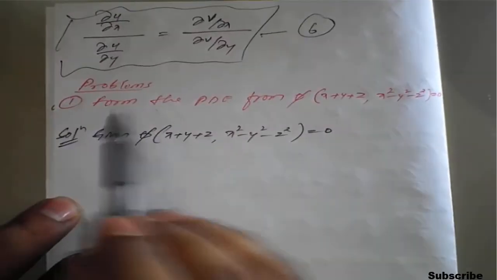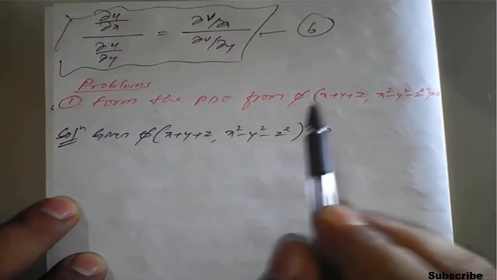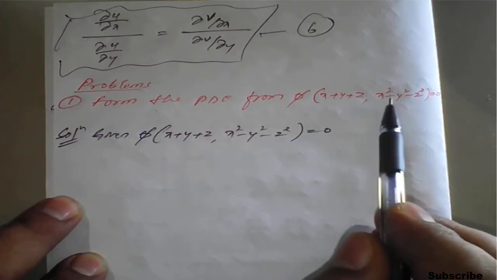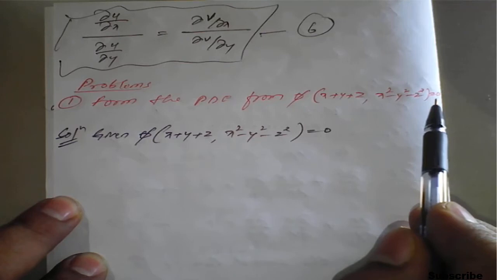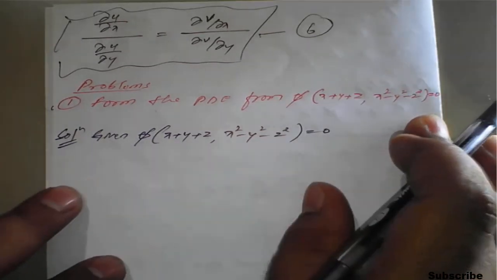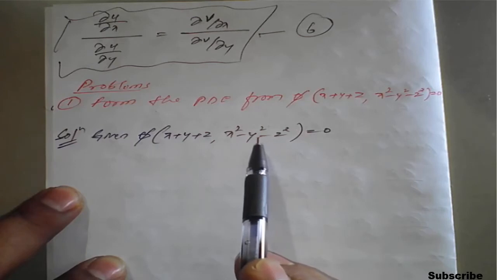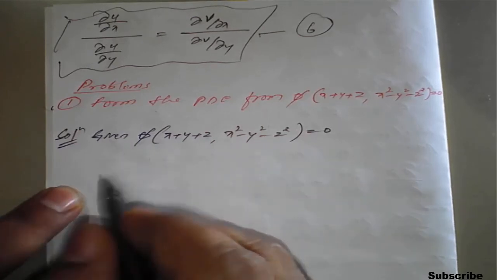The question is, form the PDE from phi of (x plus y plus z, x square minus y square minus z square) equal to 0. This is the given question now. So given question, take it as it is. So for this you have to consider as,